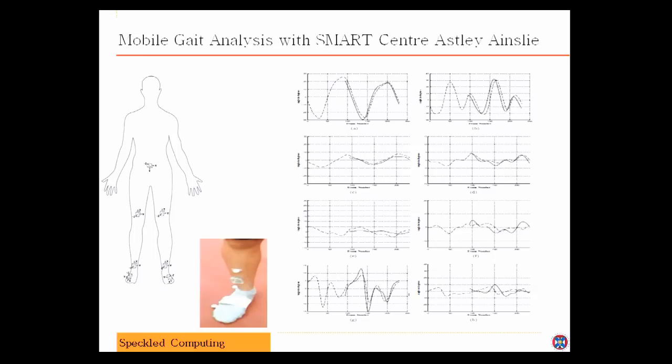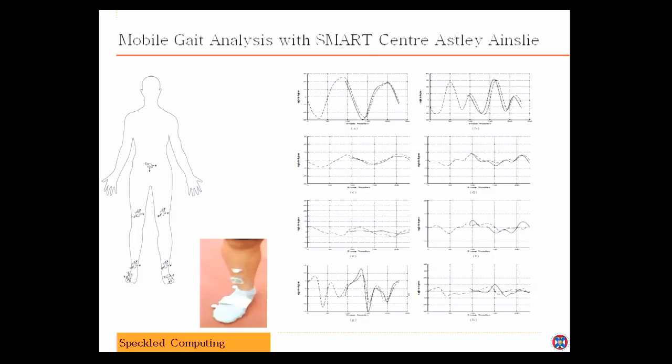They walk up and down, and what you do is you get data for the person for that snapshot of 20 minutes that they're there. You don't know how they perform at other times. How do they perform when they're climbing a stair? Or how do they perform when going up a slope? Or how do they perform in the morning when they are fresh, or in the evening when they are tired? Okay, so what you want is comprehensive data on these people rather than a snapshot.